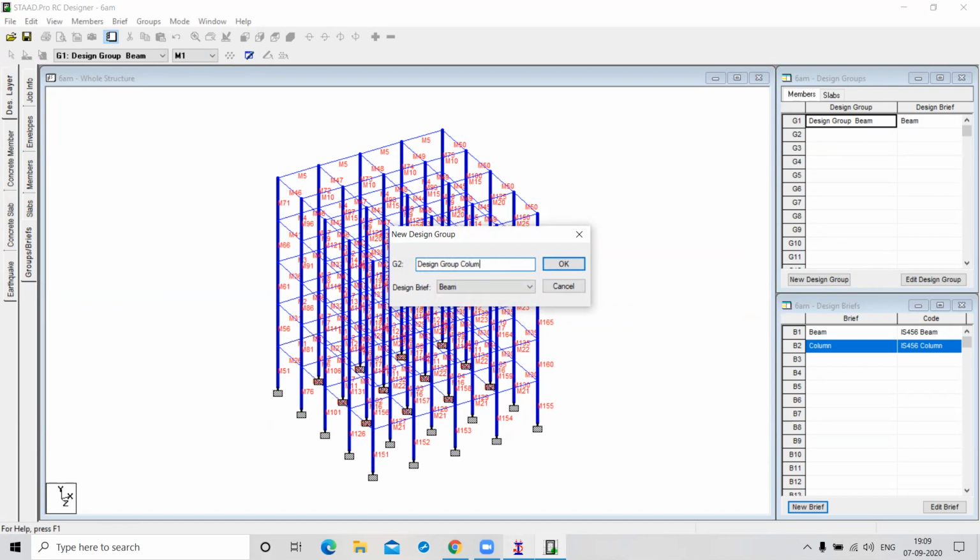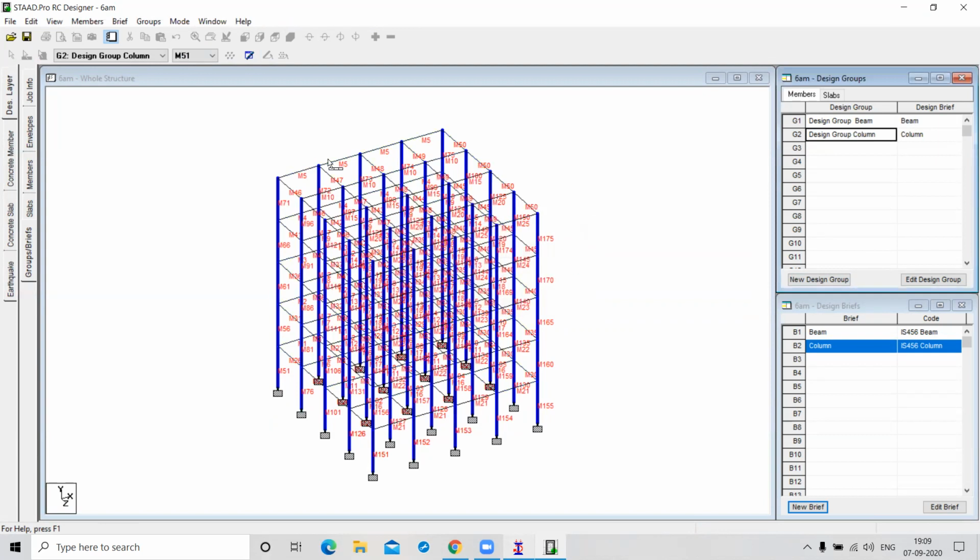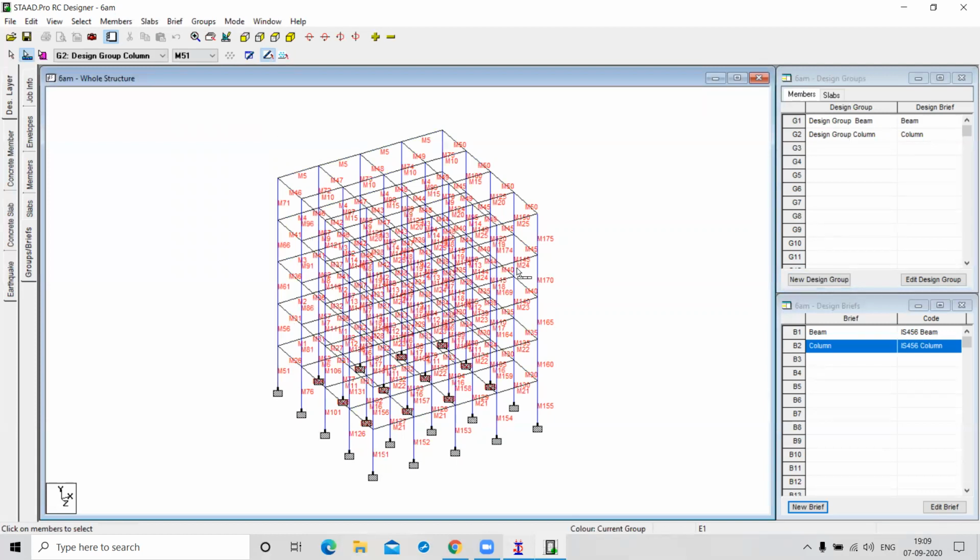From the design brief, you have to select Column, and click on OK. See, the members are inserted here, the selected members for the column. Now, the briefs and groups are created.